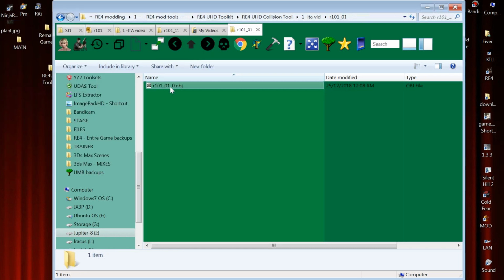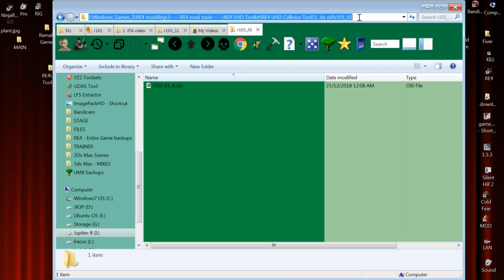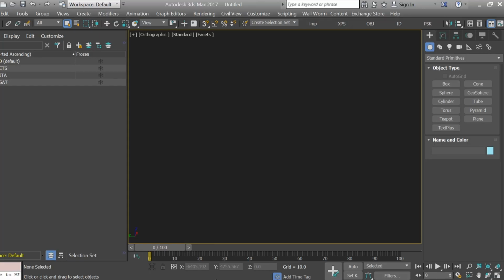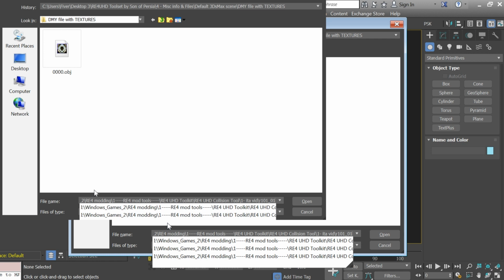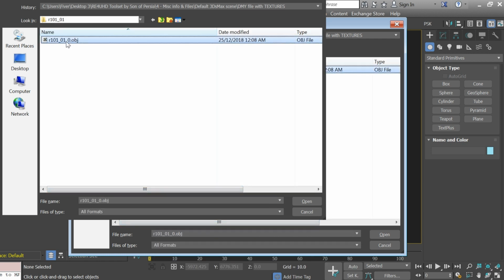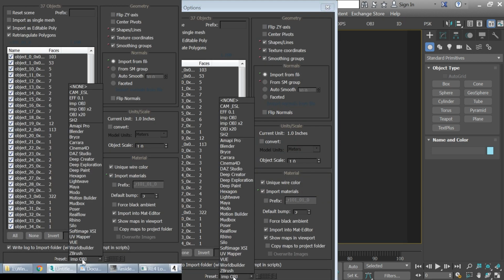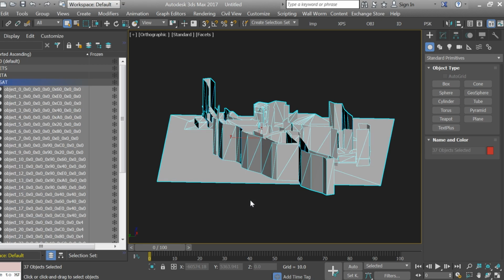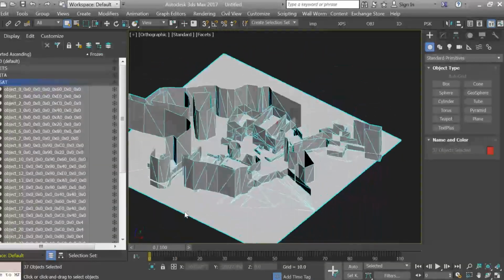What this does is creates a model object of the entire room. We're going to copy this directory here and open up 3ds Max. And we're going to import that object file that we just created for the SAT file. And you can see this is the R101